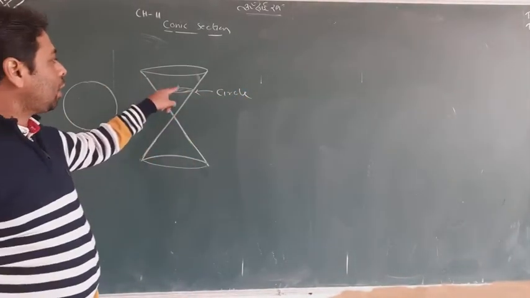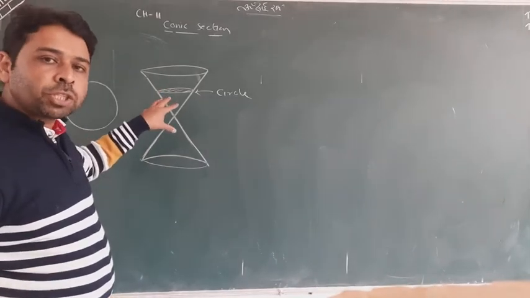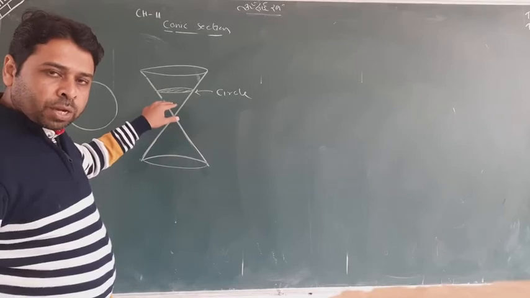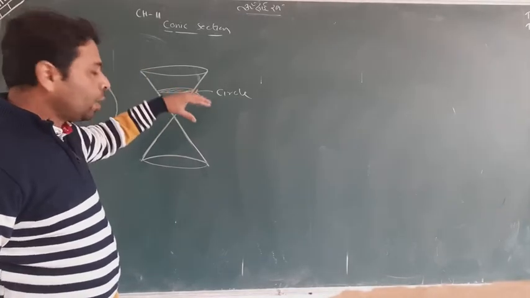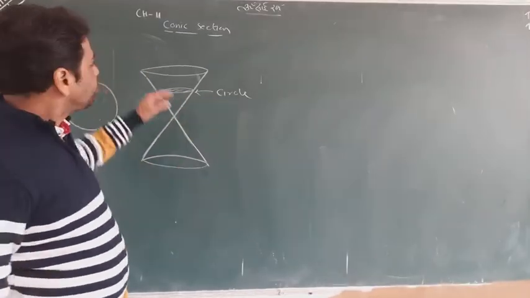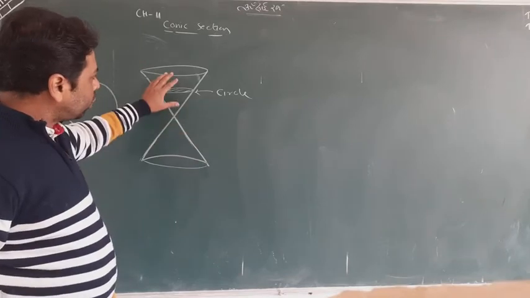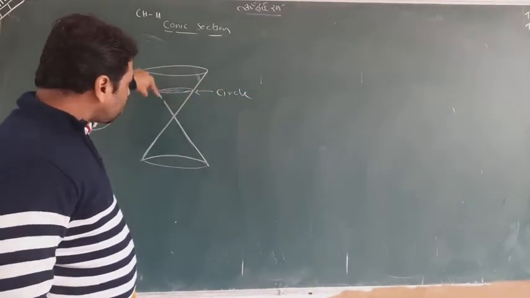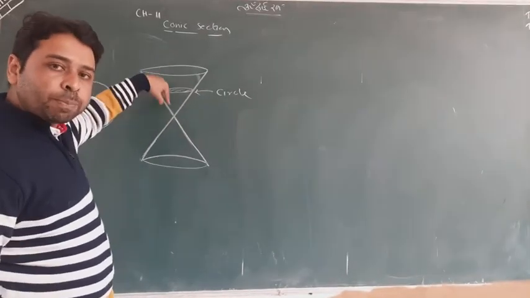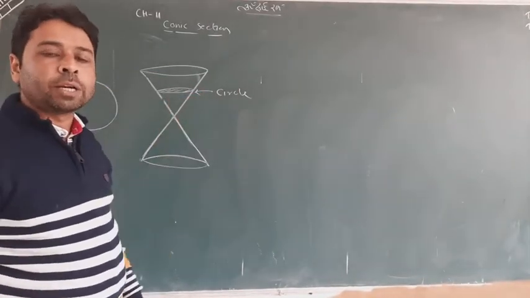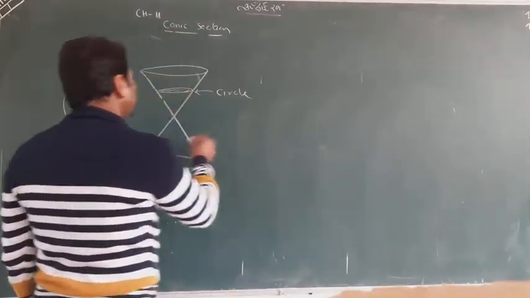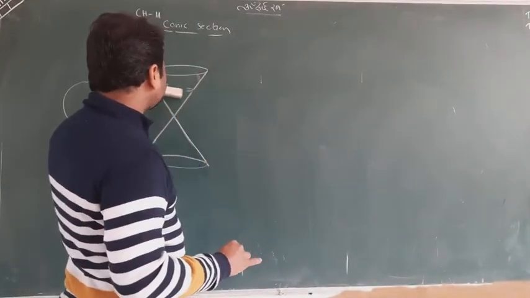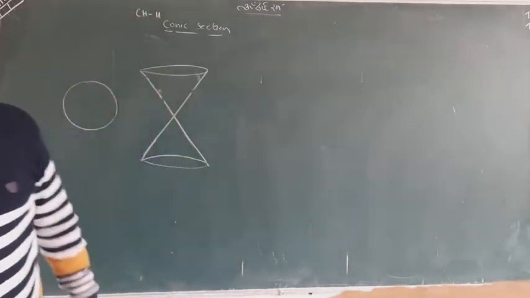When you see the upper part, it is a three-dimensional figure, that's why you cannot understand it. But when you look at the actual thing, it's a double solid cone. When you cut this portion, it will be removed from here. The rest portion, what it looks like on top, that will be your circle. I want to write one by one on the same figure. This is my circle.